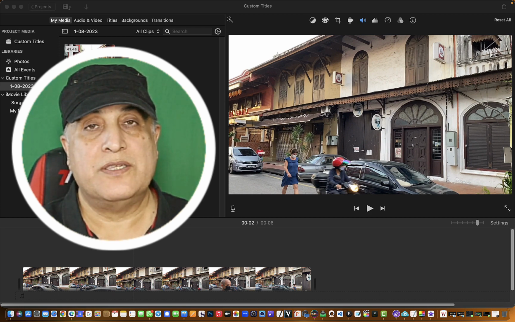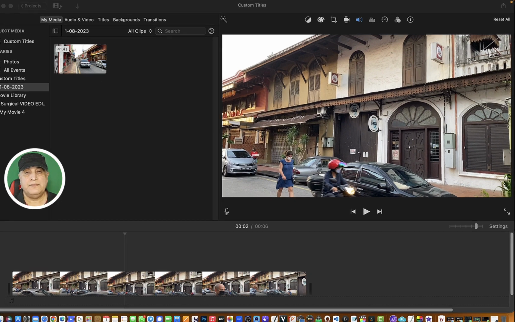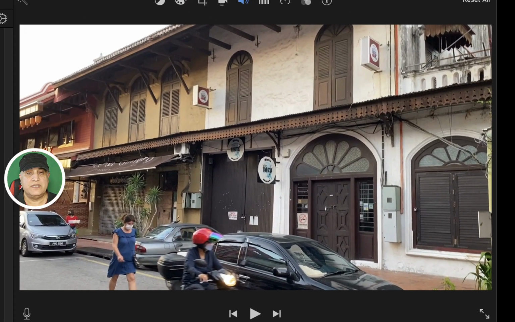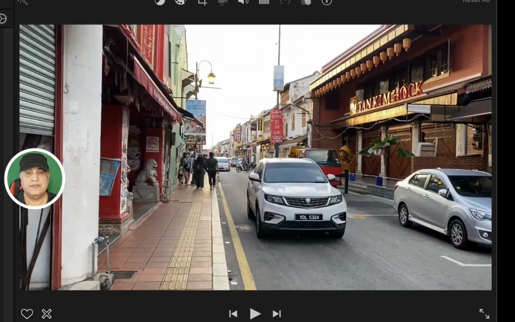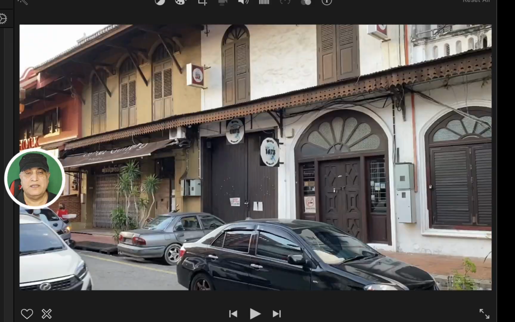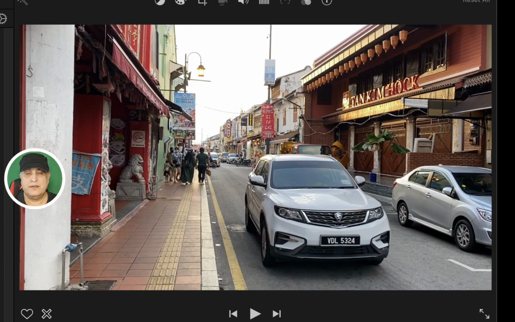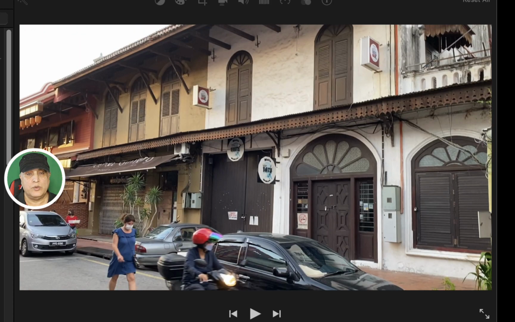So now let's open the iMovie itself. Now in iMovie you will see that I've got this clip here. Actually I made this video in the old town of Malacca in Malaysia. It's a beautiful town, by the way, but that is besides the point. So anyway, iMovie has got a lot of titles built in, like so. So if we want to put a title here, let's try maybe